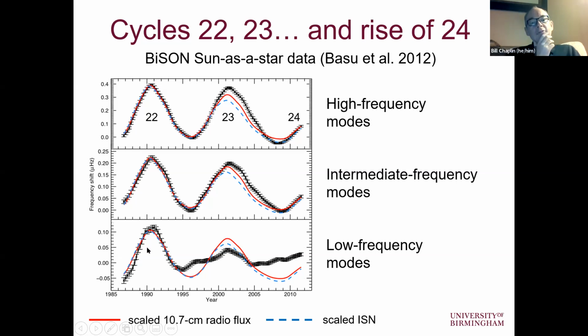What we've done here is to take cycle 22. We've regressed the shifts that we see here against a global proxy of activity. I talked about the sunspot number; another really good global proxy of activity is the 10.7 centimeter radio flux. The sun is a radio emitter. So taking either that or the scaled sunspot number, you can see a really strong correlation here in cycle 22. That carries on into cycle 23.